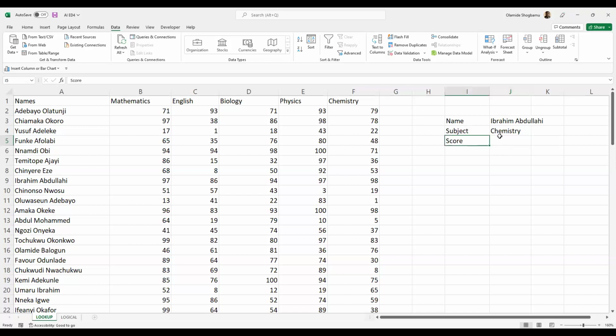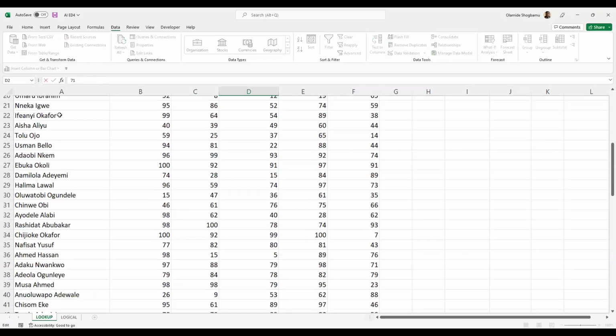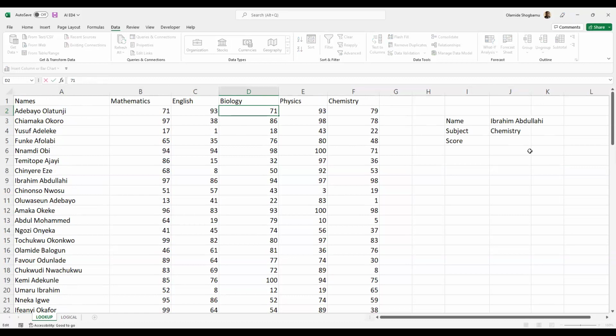So we have this. I want to specify the name as a criteria. I want to specify chemistry as a criteria. So I want to also get the score. I'm trying to do H lookup, which is look at the subjects, and I also want to do V lookup, which is look at the name. So I want to do those things at the same time with X lookup. That is why X lookup is more advanced than V and H lookup. So we have equal to X lookup,